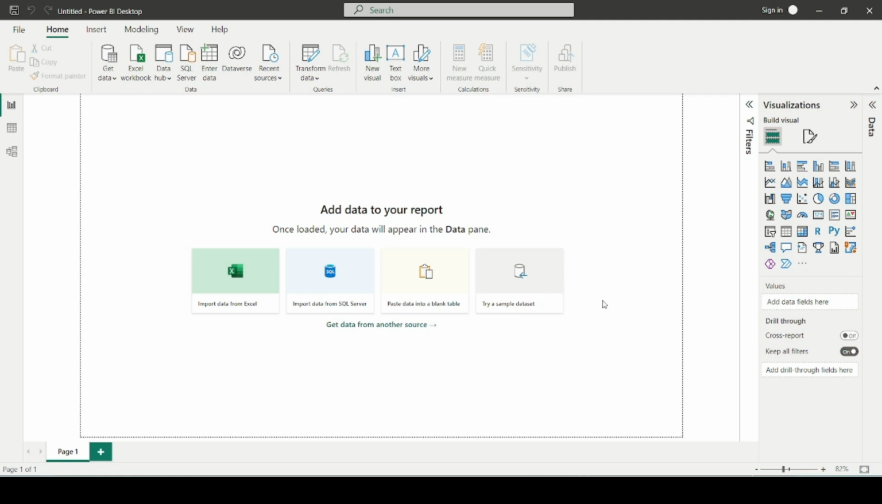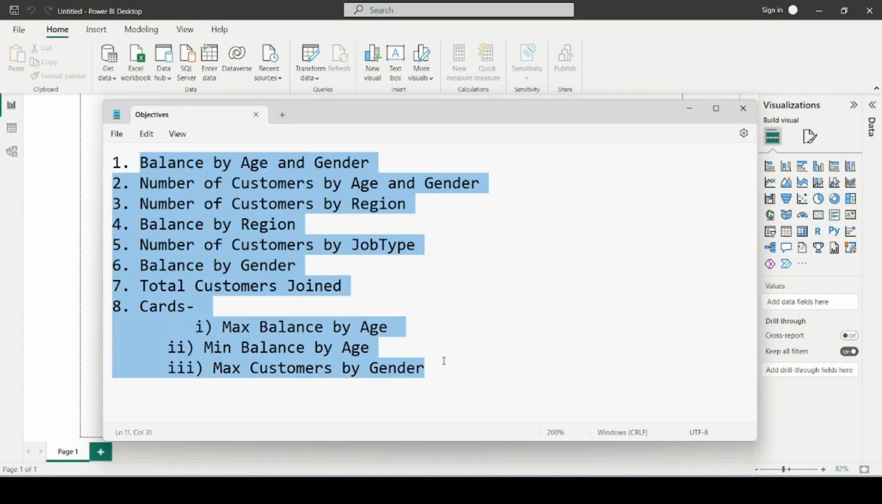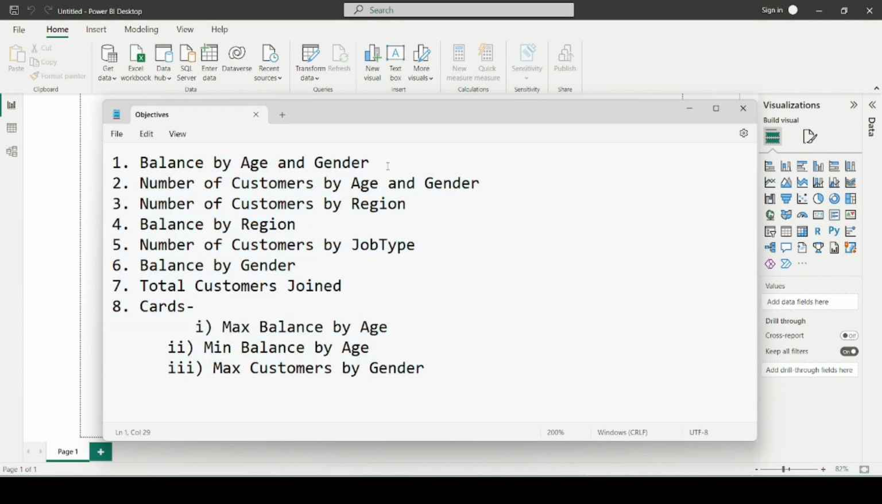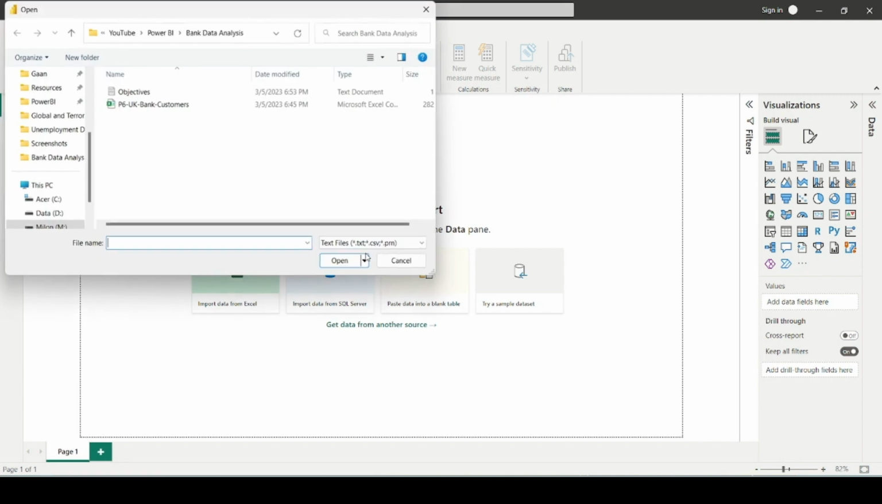Today we will be analyzing bank data analysis. For this project we have got some objectives to be implemented. We need to represent these objectives in order of visualization, right? So let's get started. First, import our dataset CSV file